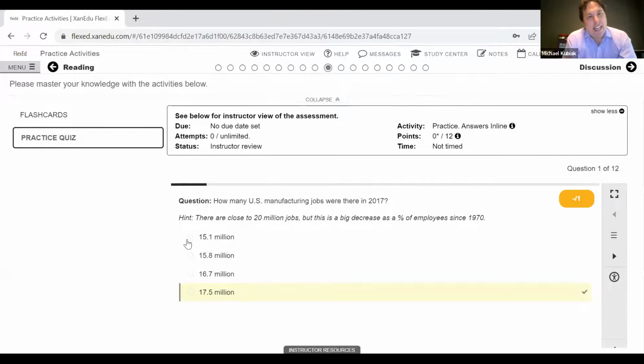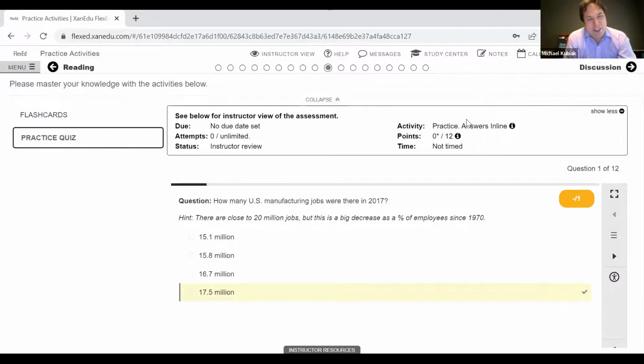And then all of that content powers what we call the study center up above, which is all aligned to the student learning objectives from the textbook. As students are going through these kinds of practice activities and other assessments, anything they're struggling with will get moved into their study center, so they can then review that content and practice it further until they master it. So it's designed to be both engaging and give students that self-sufficiency as well.